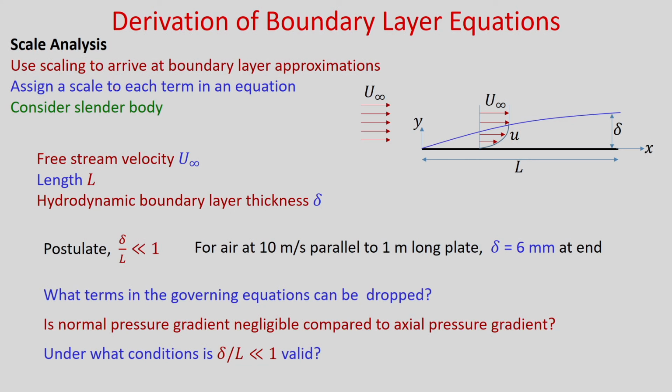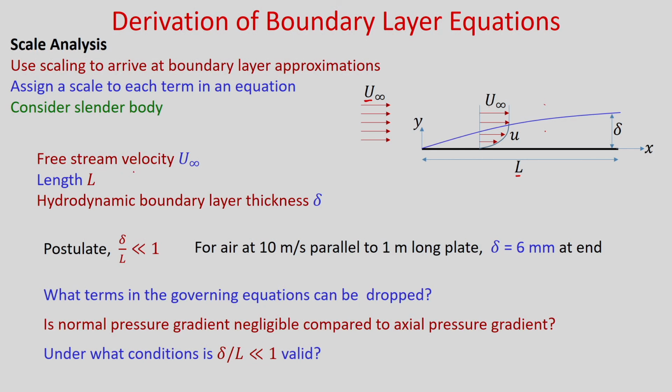So, you can see that if we consider this flow over a surface where free stream velocity is u infinity, x is in the direction of the surface and y is normal to this surface, and characteristic length is L, and characteristic velocity we will consider as free stream velocity. Here obviously you can see outside this boundary layer we will have the free stream velocity u infinity, whereas inside we have viscous effect, but outside we have inviscid region, and this is the edge of the boundary layer, and delta is the boundary layer thickness.